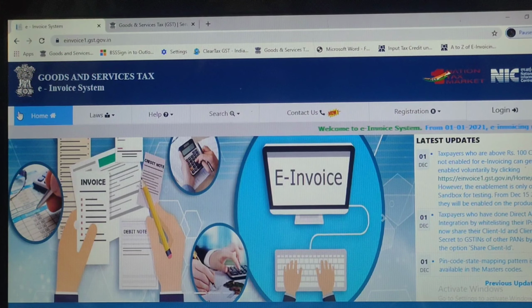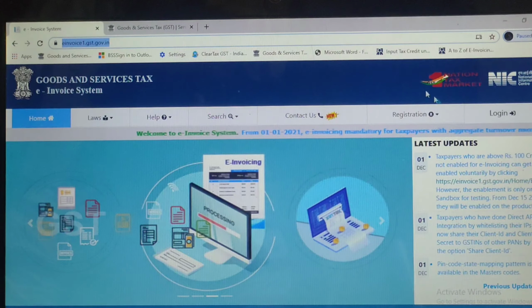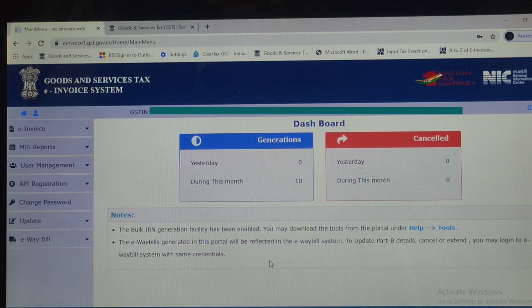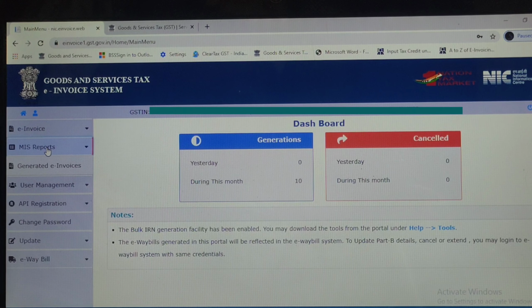Now you have to come to the e-invoice portal, einvoice1.gst.gov.in, and you have to log in. After logging in, you can see the number of generations and number of cancelled during the month. Here you can see the tabs: e-invoice, MIS reports. MIS reports means after the generation you can go through the generated invoices.